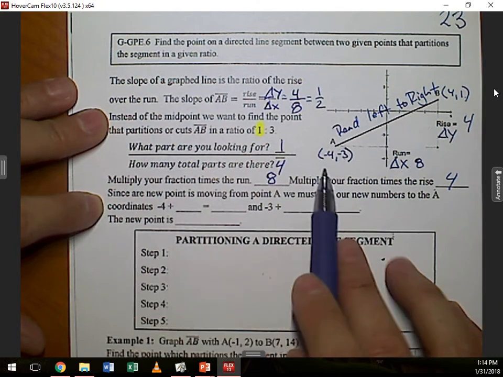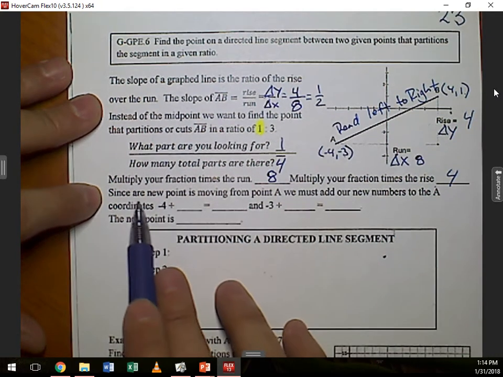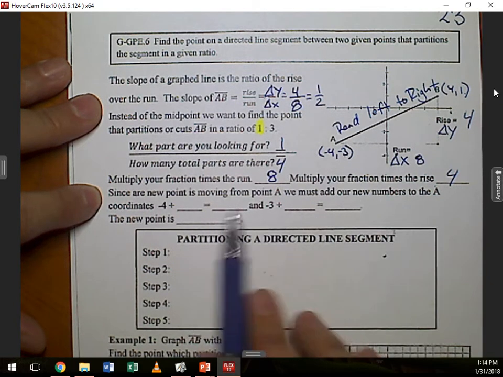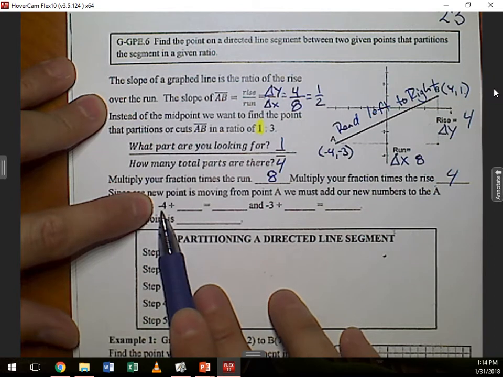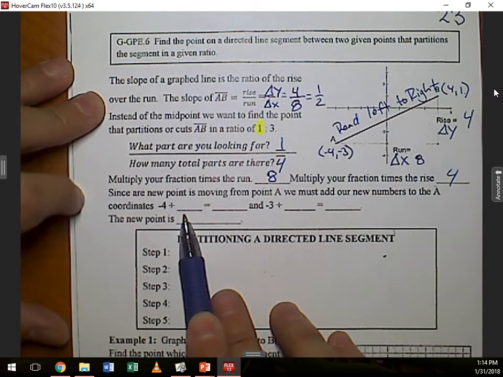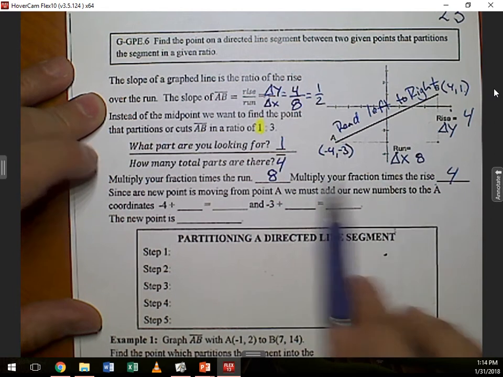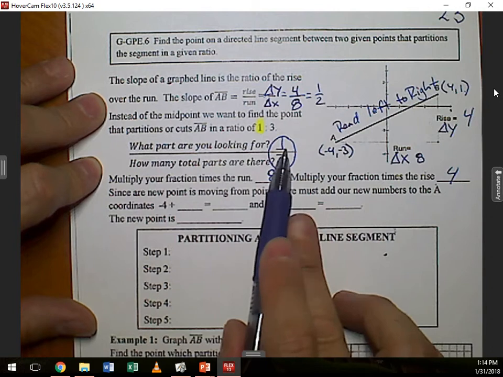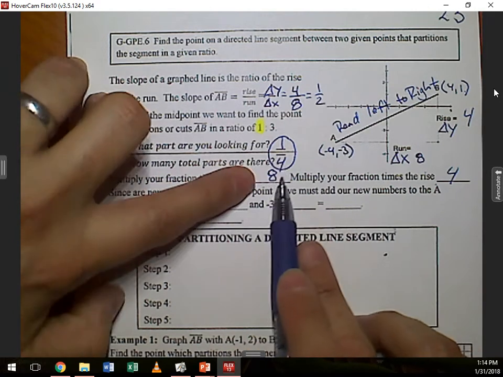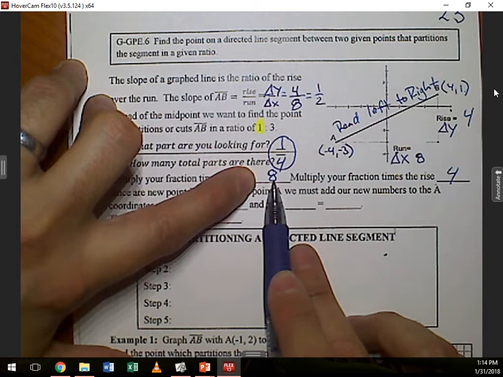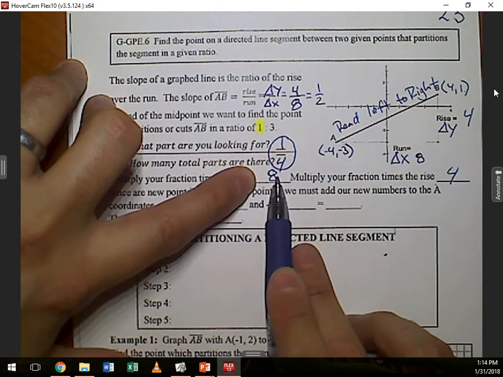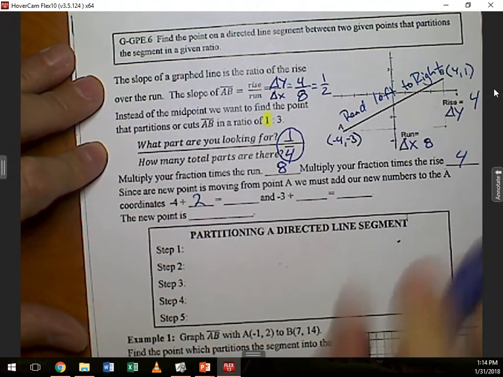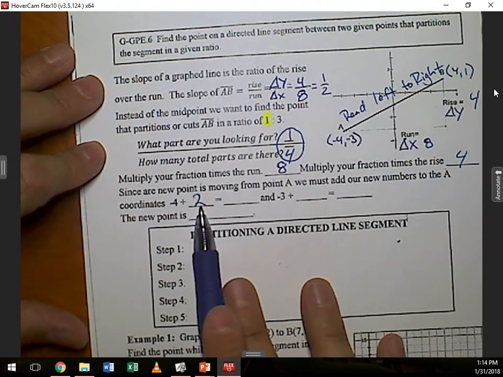So for the coordinates, I'm going to do my x values here. Since our new point is moving from A, we must add our new numbers to the A coordinates. So my x value was -4, plus, now I have to multiply this number right here. This is what I got times my delta x. What was my delta x? 8. So 1/4 times 8 gives me 2. So -4 plus 2